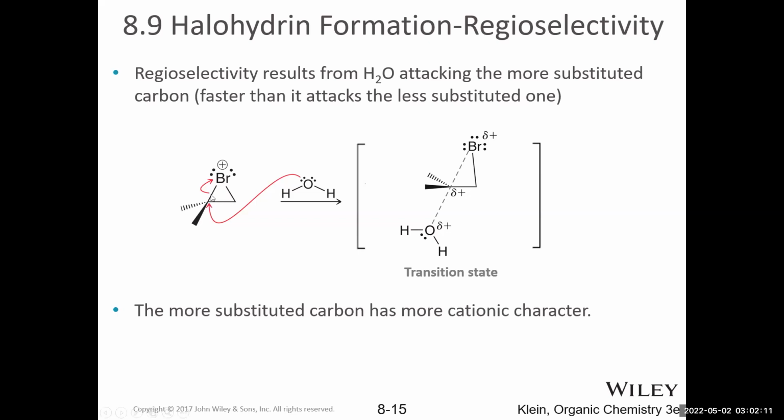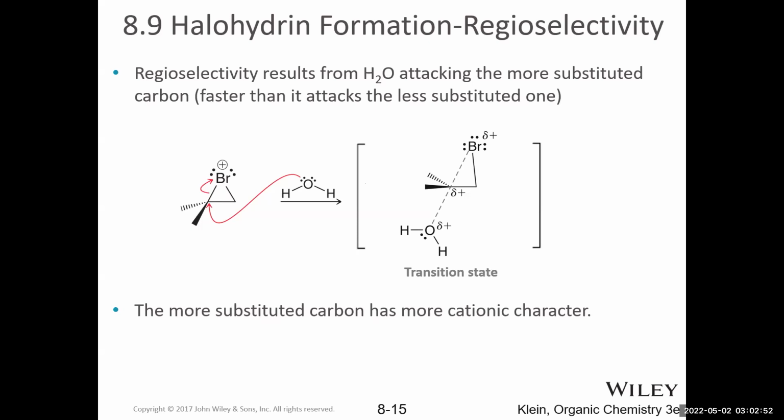And if you think of this as taking on a partial positive charge, then it's not really tetrahedral anymore. This carbon becomes somewhere between a tetrahedron and a trigonal planar geometry, right? Where there's some influence of the bromine forming a bond, but not completely. So this tetrahedron sort of opens up. If the leaving group starts to leave, the tetrahedron is allowed to open up a little bit, like opening up the umbrella, allowing a nucleophile to get in to do backside attack.